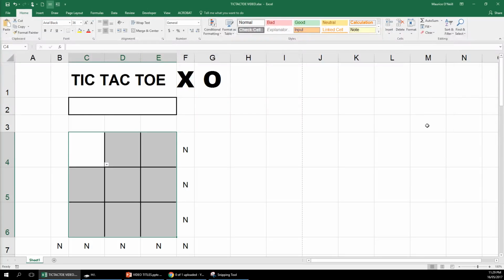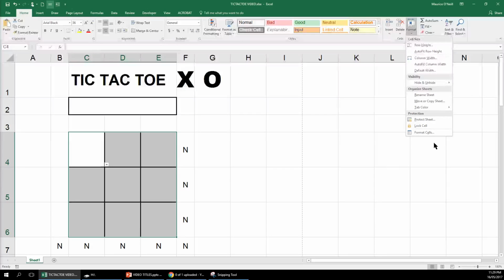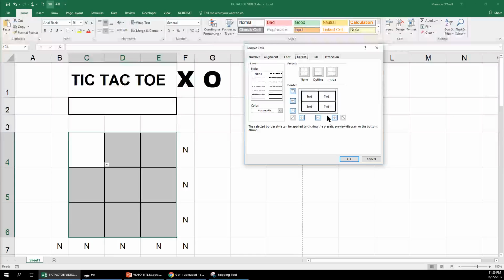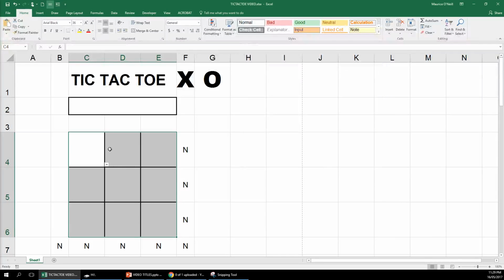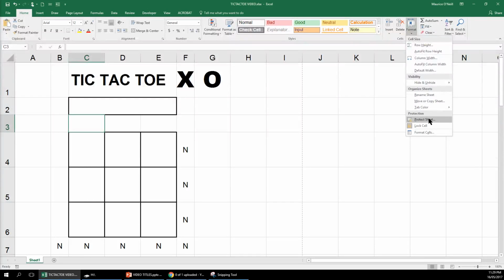Lock cell. Format cells, that's better, and go to protection. I've got these ones as locked, and I've got these ones that I've selected here as unlocked. Then if we go here, format, protect sheet,